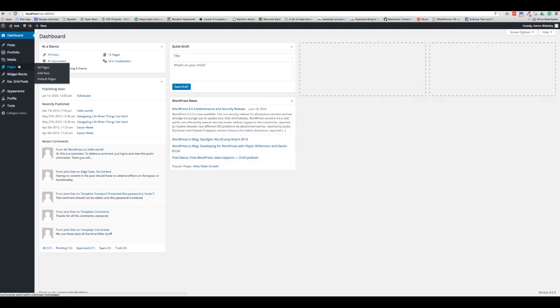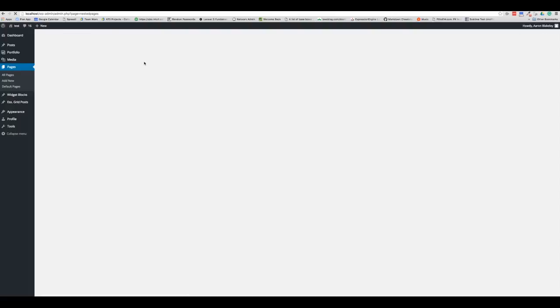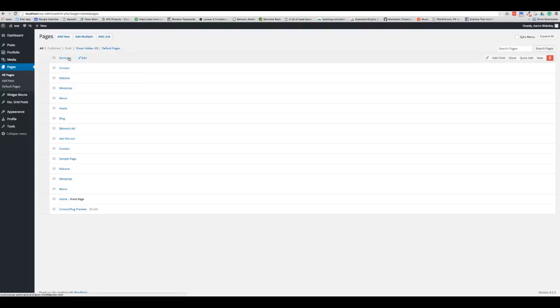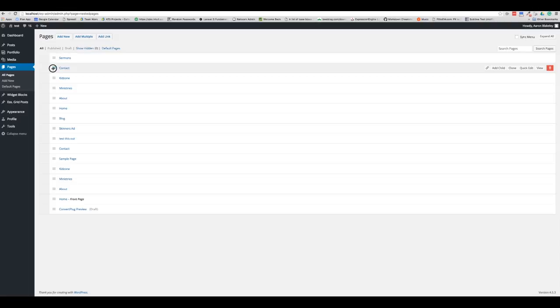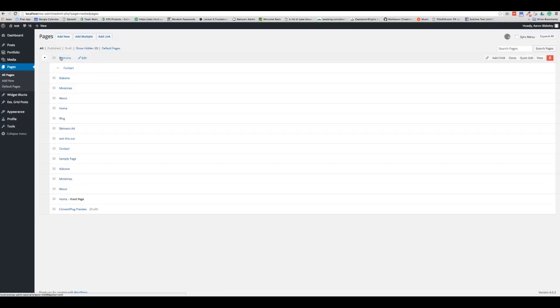A page is a hierarchical piece of content, meaning that it can have kind of like an outline where you have headings and then you have subheadings underneath them. And this way you can actually manage pages and give them different URLs. Like here, sermons. If I were to take this contact page and move it up underneath sermons, and then view this page,